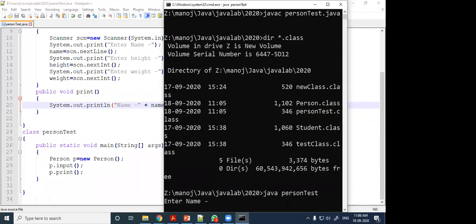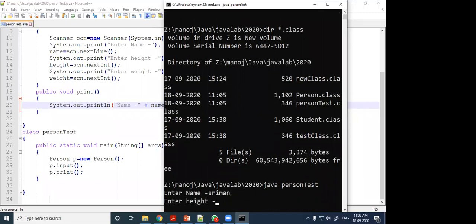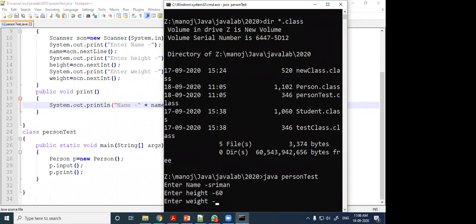Okay. Suppose name Shriman, height suppose 60, okay, 60 inch. Weight, suppose 66.